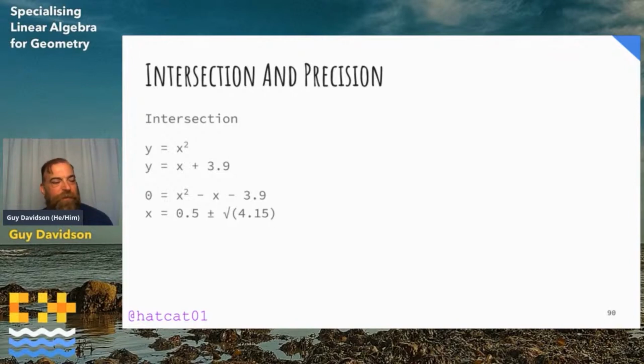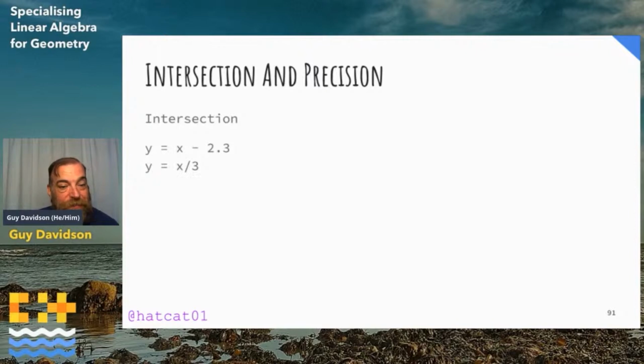Do a bit of maths, solve a quadratic equation, and you'll see they intersect in 2 places, 0.5 plus or minus the square root of 16.6 over 2. Now that square root is a problem. That number can't be represented on a computer. It's not a rational number, and only rational numbers can be correctly represented. And even then, not all of them, as we stated earlier. But it's worse than that. Consider these 2 straight lines. y equals x over 3, and y equals x minus 2.3.